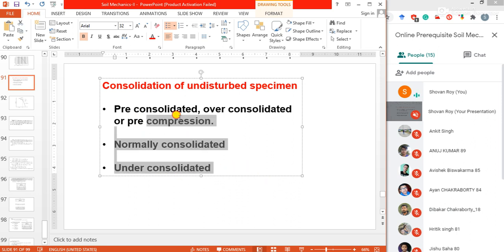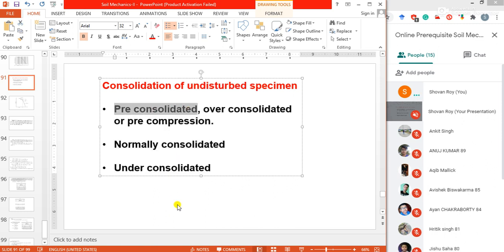These are the conditions of soil from the consolidation point of view. If we define any soil, which type of soil it is in consolidation perspective, we can classify it based on these three categories. Maybe the soil is pre-consolidated, maybe normally consolidated, maybe under-consolidated. Pre-consolidated is the very common type, and if we go through the definition,